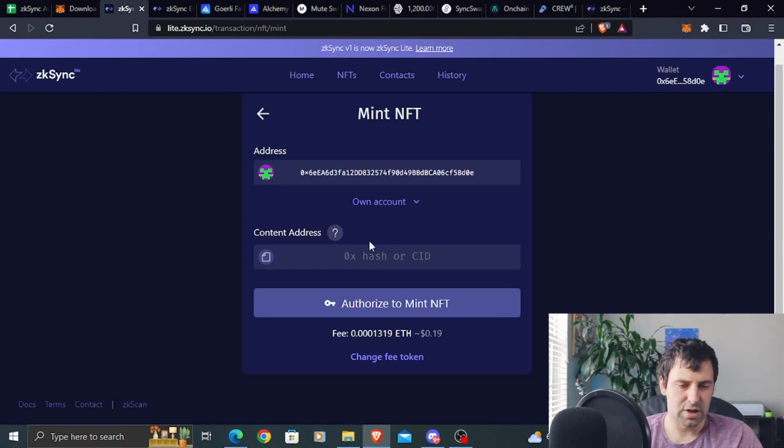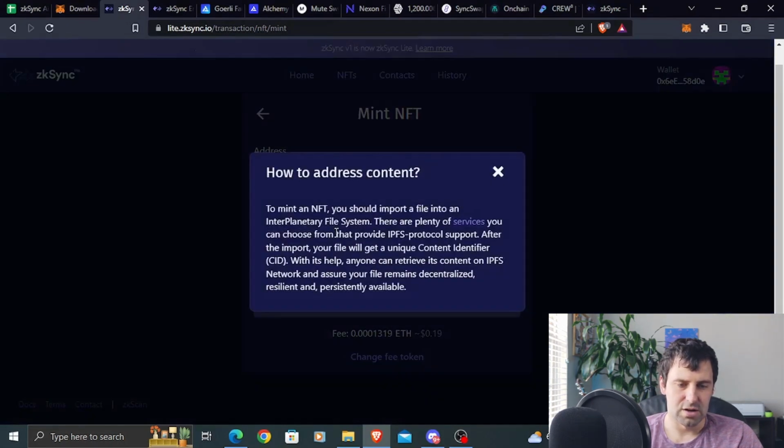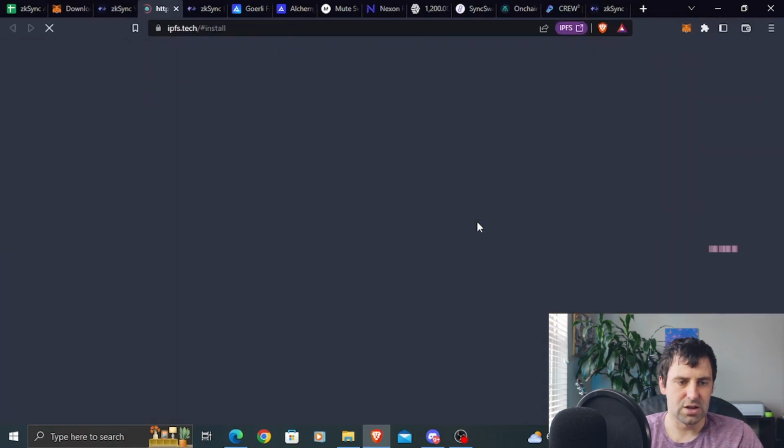In order for you to do that, you can click on this question mark right here, and it's going to say that to mint an NFT, you should import a file into an interplanetary file system. So what this file system is basically is peer-to-peer decentralized file sharing. There are plenty of services you can choose from, and if you click on services, it's going to take you